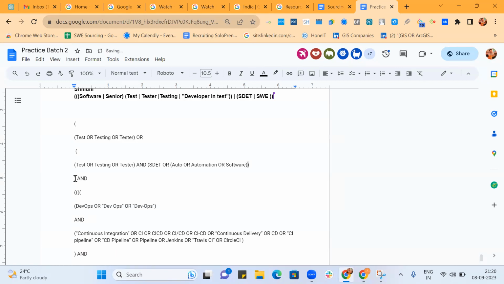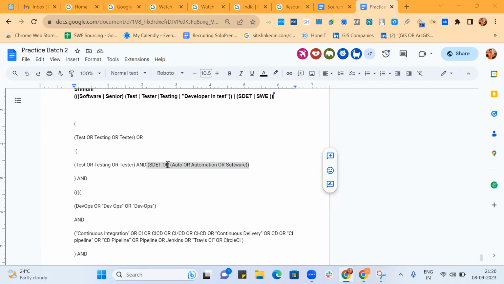For this you're using this bracket to make it a set. You have used a second bracket for automation or software. Correct. And for SDET,